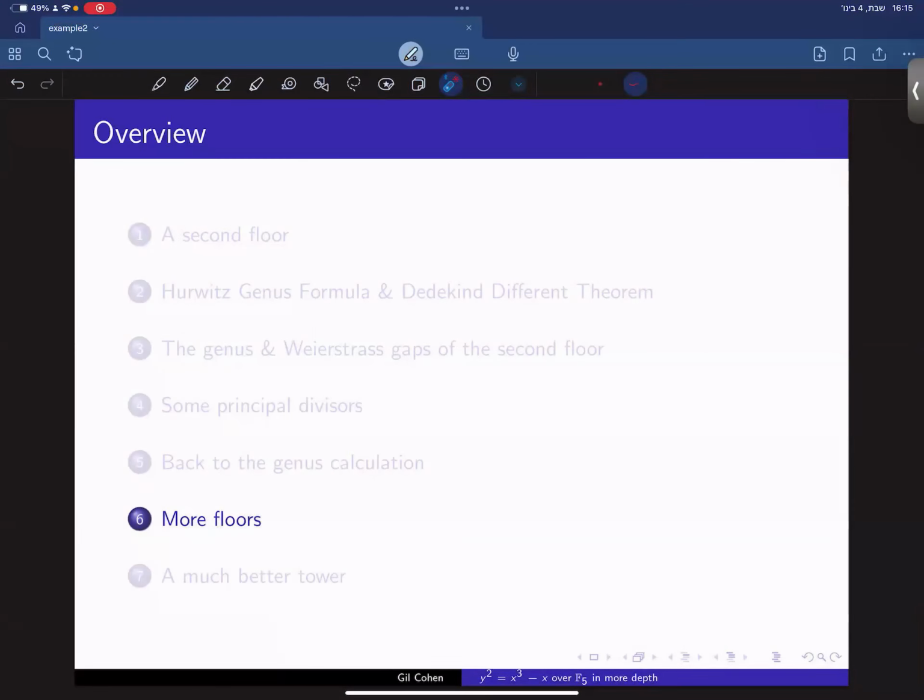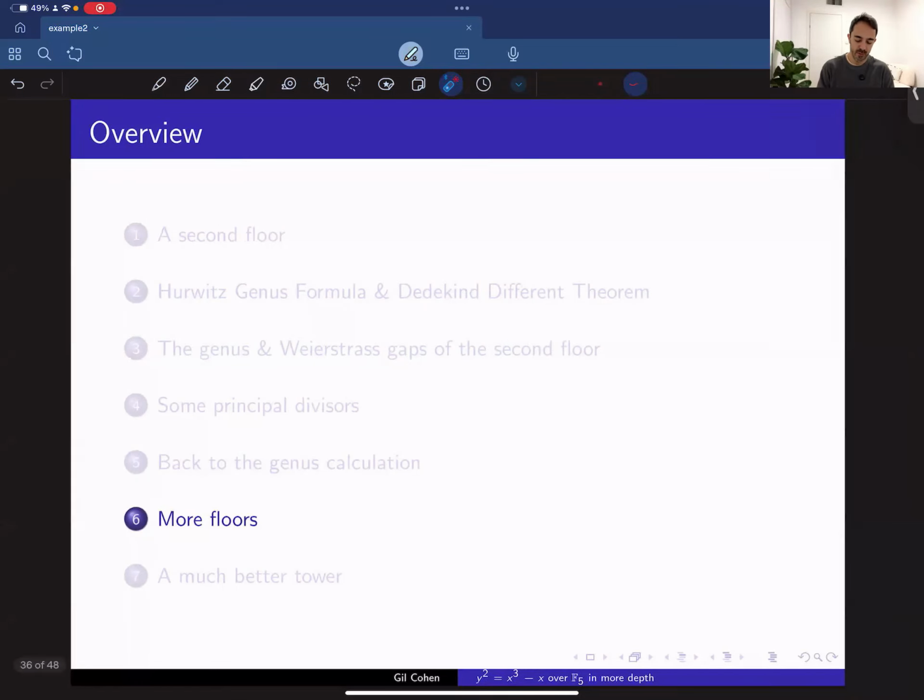But then we'll see a much better tower without yet analyzing it, just looking at it in a somewhat analogous way to what we did so far, somewhat informally. And it turns out that that actually is an example of an optimal tower, as it's called. Okay, so as I said, we're going to consider now more floors